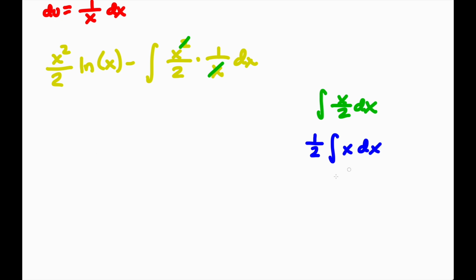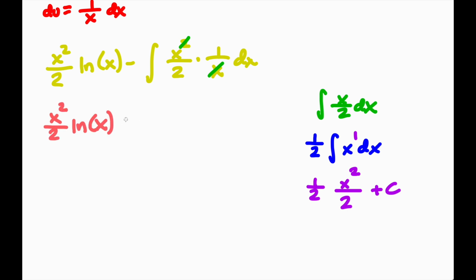The antiderivative, we're going to use reverse power rule on this. So we're going to add 1 to that power. So it's x to the first power. So we're going to add 1 to it to make it second. And then we divide by whatever that new power is. And then we're going to do a plus c on this. Okay. Then we're going to transfer that up underneath the yellow. I have to rewrite this part. So don't forget that other part because you need the entire formula for integration by parts. Minus, and then we're going to be minusing that purple there. I'm going to simplify it. X squared over 4 plus c. And that is the answer